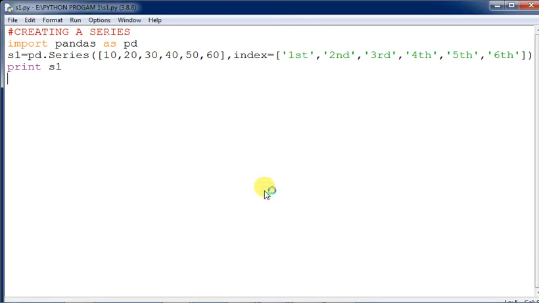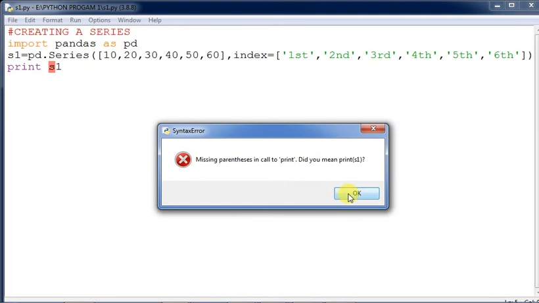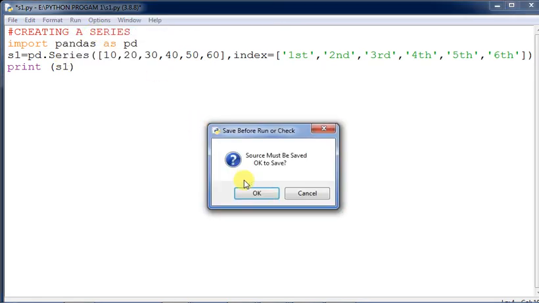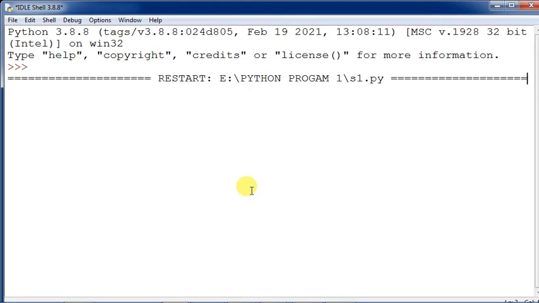Parentheses are missing here, so parentheses definitely have to be given, because this is Python 3.x onwards, 3.6 onwards. From version 3 onwards you need to have the brackets. Previously these programs were executed in 2.7, that's why the error has appeared. If you are switching the version, you have to give it in this way. Whatever you want to print has to be given inside the brackets.